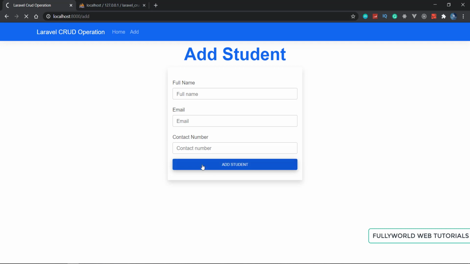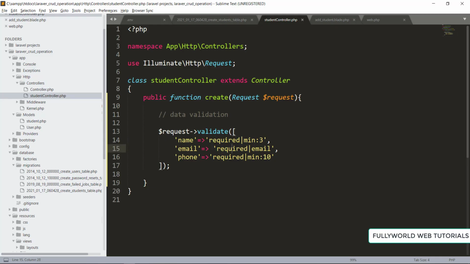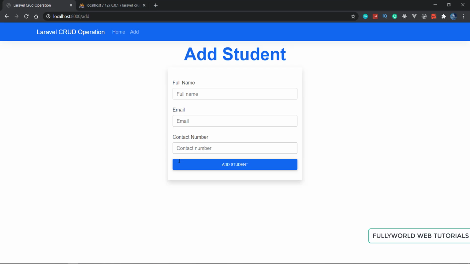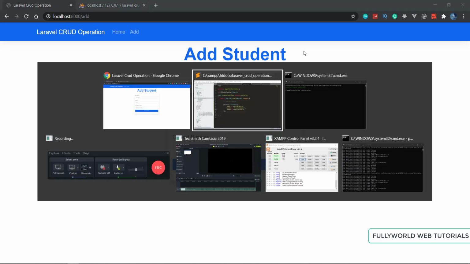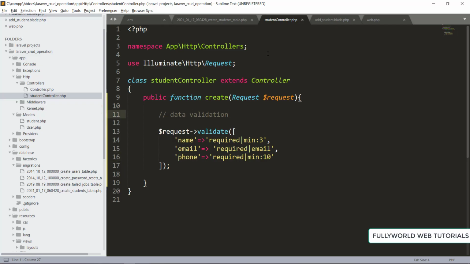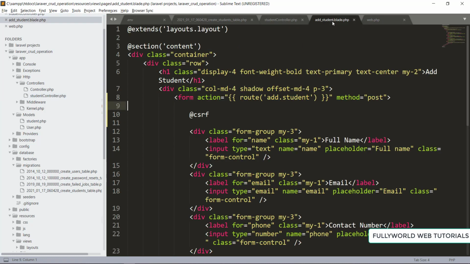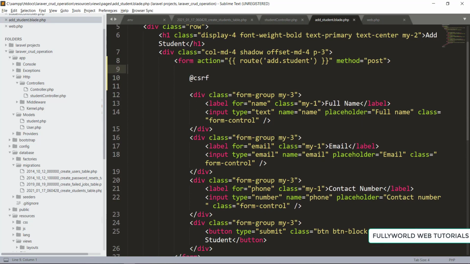See that when I'm going to add student here, so see that it is rendering us to add student again. It is going to our this controller here and it is validate. So if it is not validated, it is rendering us back to our add student, but it is not showing errors. So how we can show the errors here? So there is a very good method to show the errors. So because these all are bind with each other, so we can show errors here.